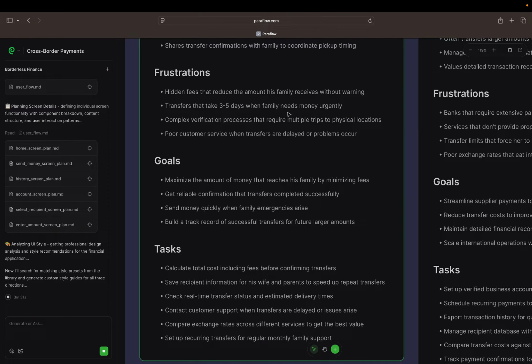And this happens, like you send money to someone across borders and the person does not receive the exact amount that you sent. This is really bad. Or you send money and the person has to pay fees for receiving the money and pay fees for withdrawing the money, which is honestly really frustrating. And then there's complex verification processes that require multiple trips to physical locations, poor customer service when transfers are delayed